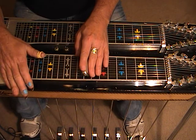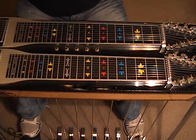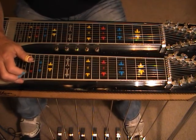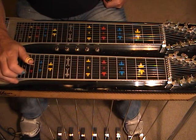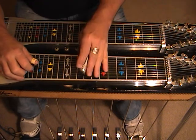This is the G lever denoted in the tab. It raises string number 1 a half step. For those of you who do not have a half step pull on 1 but do have a whole step, you have two options that I see at this juncture, and that is we can either try and find a half stop, which I happen to have on my guitar. We can approximate it, or